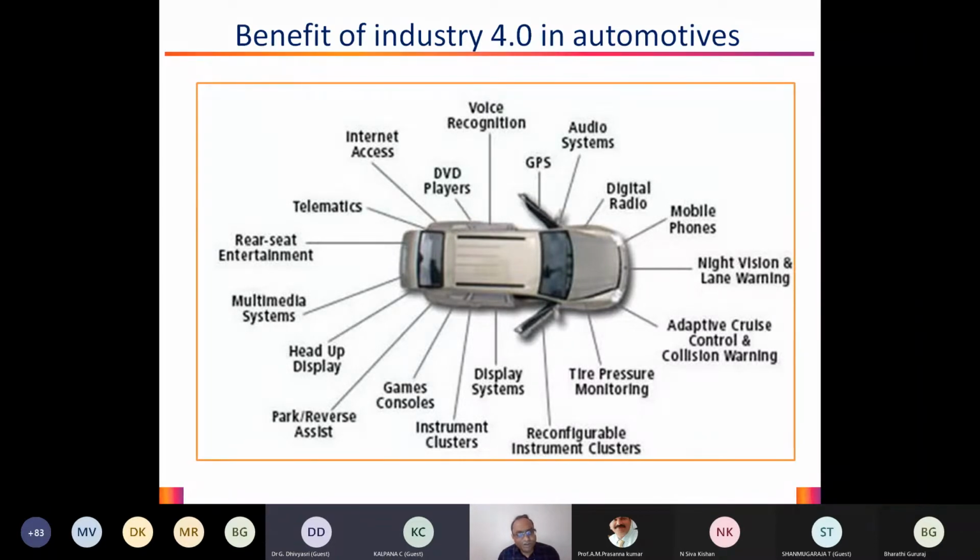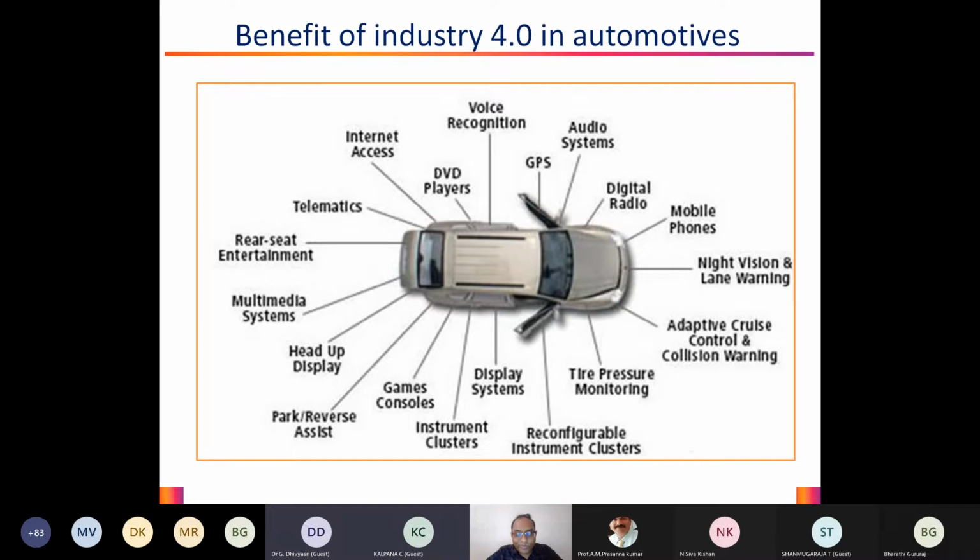I see a lot of challenges and a lot of scope as far as this particular industry is concerned. There is very stiff competition happening among all the automotive companies. The reason is very simple: everybody now wants to move towards autonomous cars, driverless cars or electric vehicles, right? That would put a lot of emphasis on Industry 4.0, on the way they manage the whole manufacturing of autonomous cars.